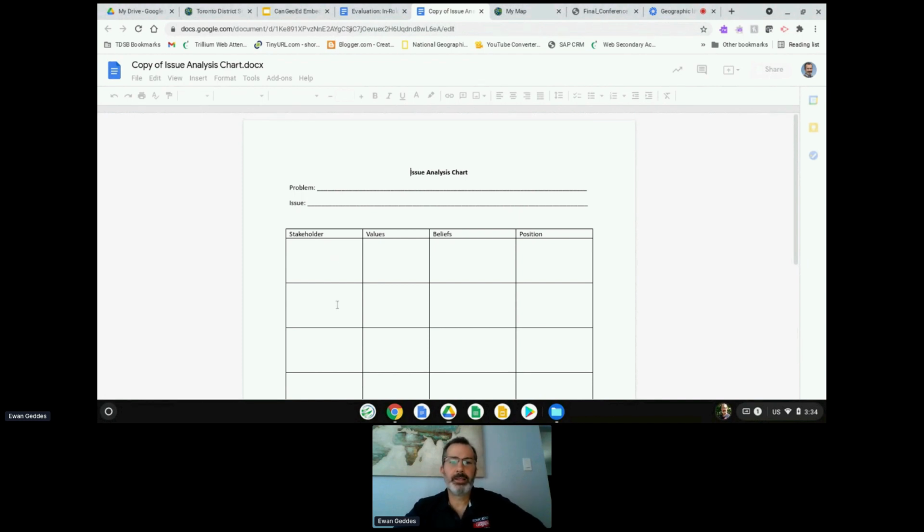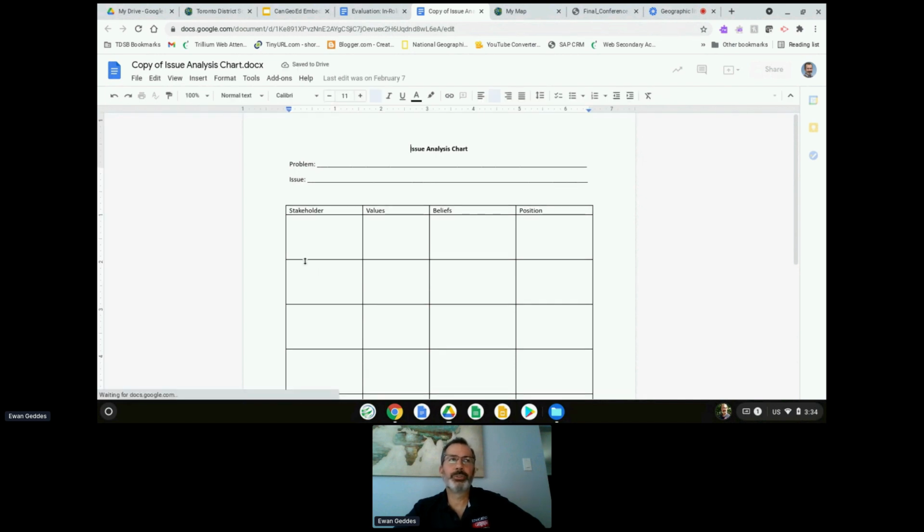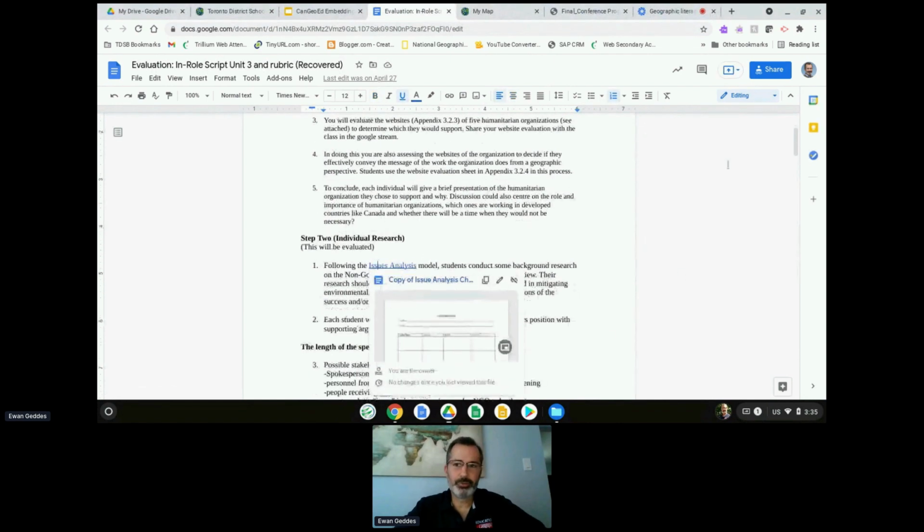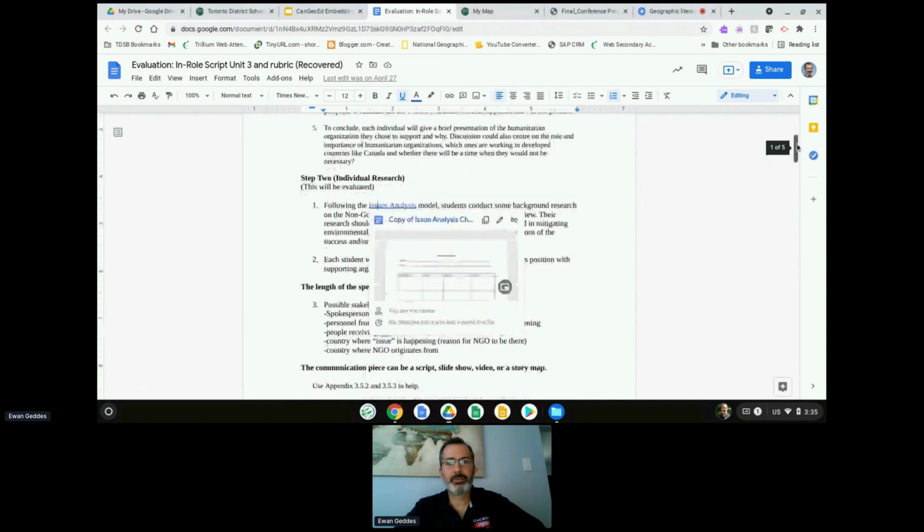itself. And when they had the list of the stakeholders, they could then take these stakeholders and map out where they were to see possibly if spatial significance had an impact on their values or belief systems. And then using this information, they could then move along to coming up with a potential solution, or in this case,